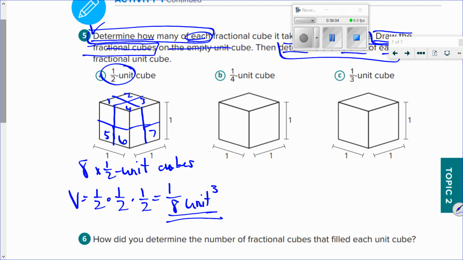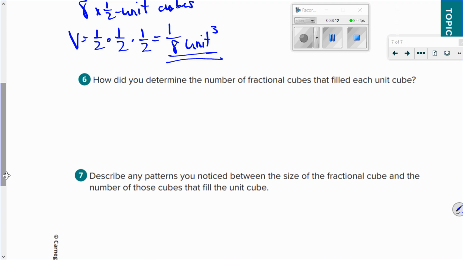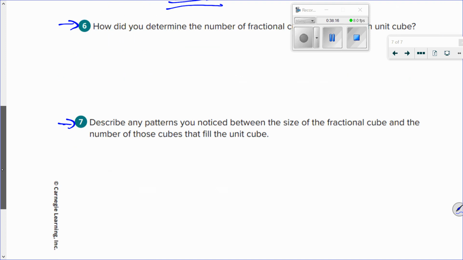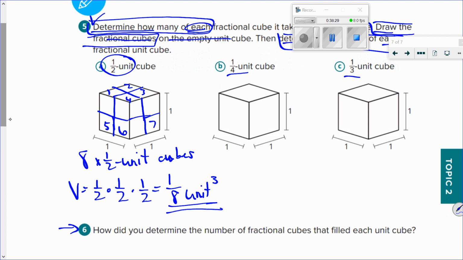Yep. So now you need to do the same with the 1/4 and the 1/3 unit cube. And then, as a table, I want you to talk about how you determined it and any patterns that stick out to you. I'm going to give you about 10 minutes to do the next 2 and discuss those questions. Okay, on this one, we have now 4th unit cubes, meaning if I'm going to draw my